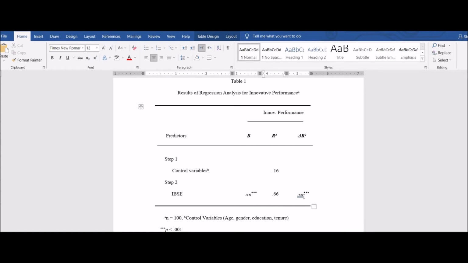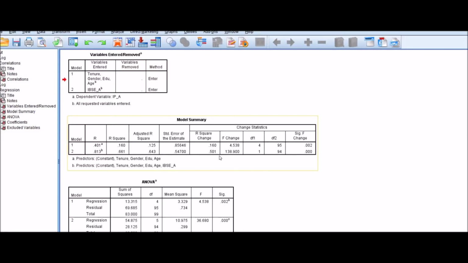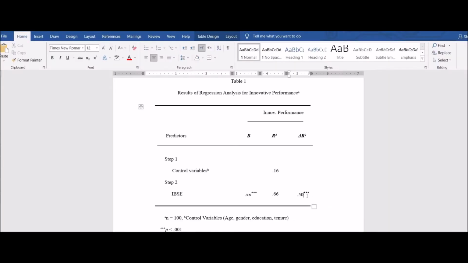Therefore, you will report 3 asterisks, which represent p-value is less than 0.001.